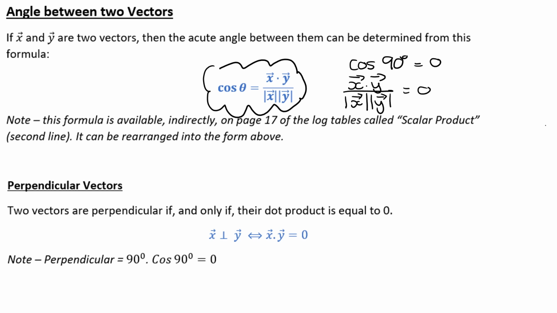The bottom line cannot be 0 because we cannot divide by 0. It is impossible. You will get an error. It is undefined. You cannot divide by 0. So these two bits here, the magnitude of vector x and the magnitude of vector y, they have to give